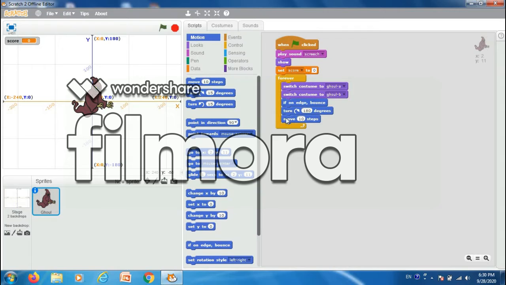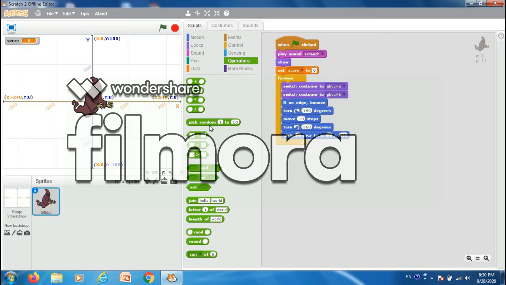Then move 10 steps and then again turn. Now we will select here 360 degrees. Then select this here. We will select here glide 2 seconds. Now go to the operators, pick random and again pick random.